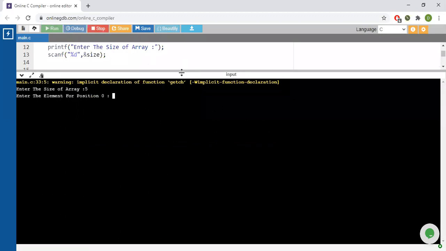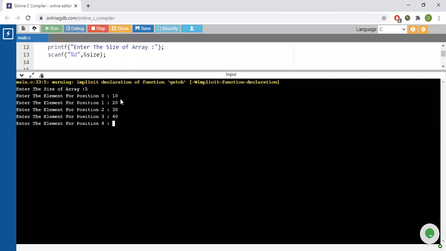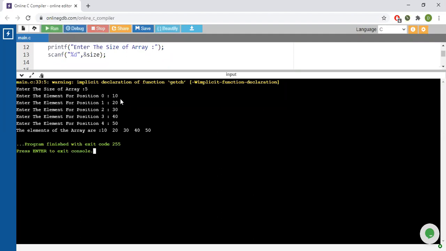The first position value is 10, second position 20, 30, 40, 50. And see, the elements of the array are 10, 20, 30, 40, 50.